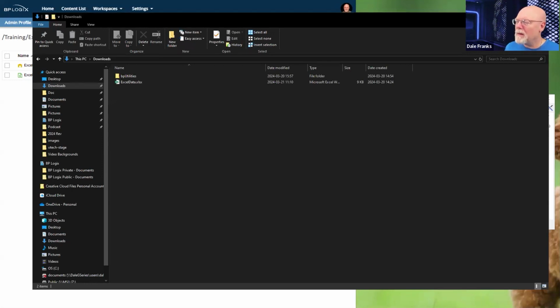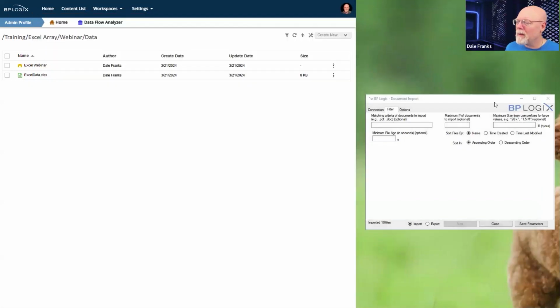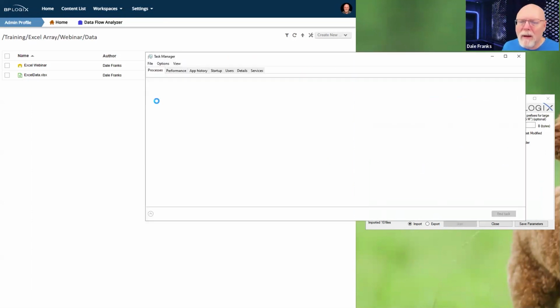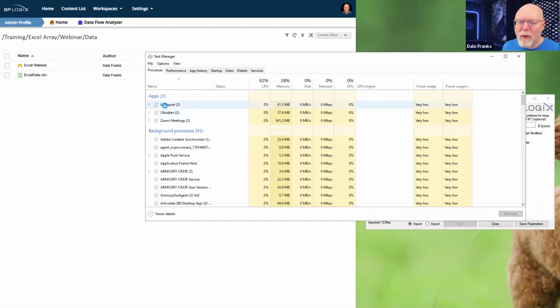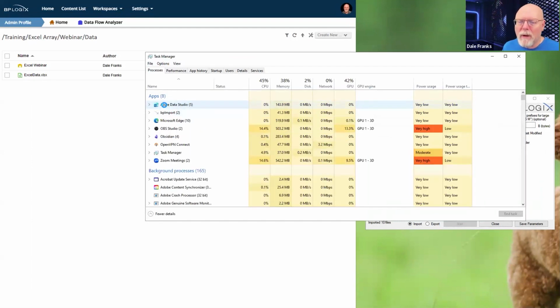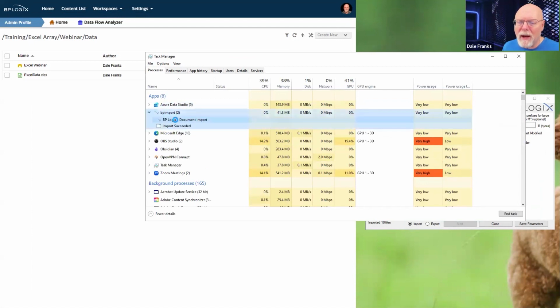Uh-oh. Something seems all stuck here. All right, not sure what's going on with BP util. Our BP import. Well, we're going to have to rebuild this now. Import succeeded. Everything is hot.